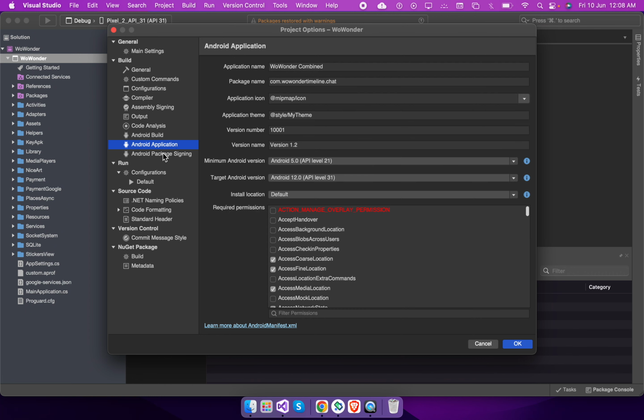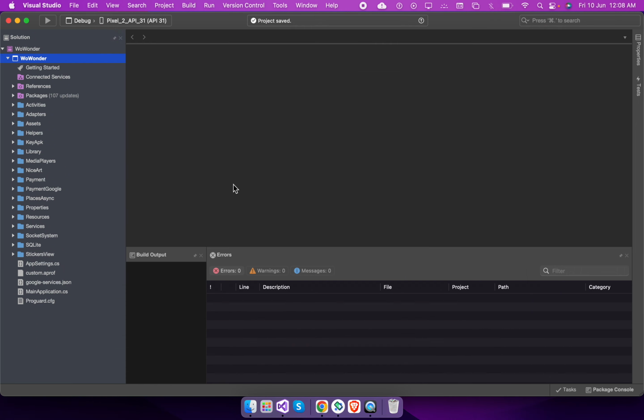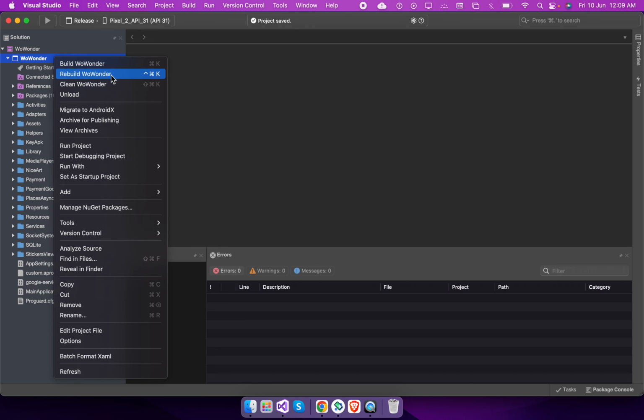Okay, so once this thing is done, we need to just select release over here. This is very important. Many people try to release an application in debug mode, which will never work. So you need to select release, and then it is recommended that you try to build first, because once you